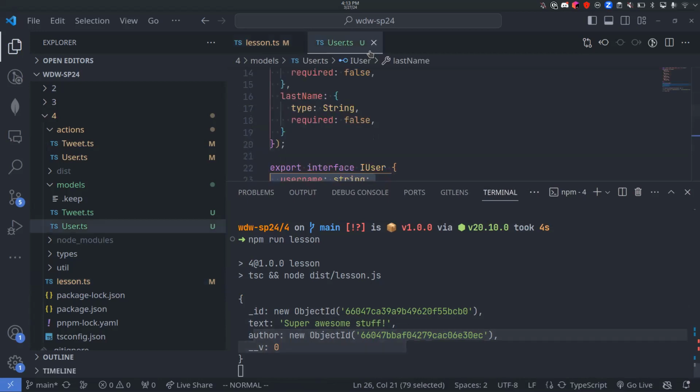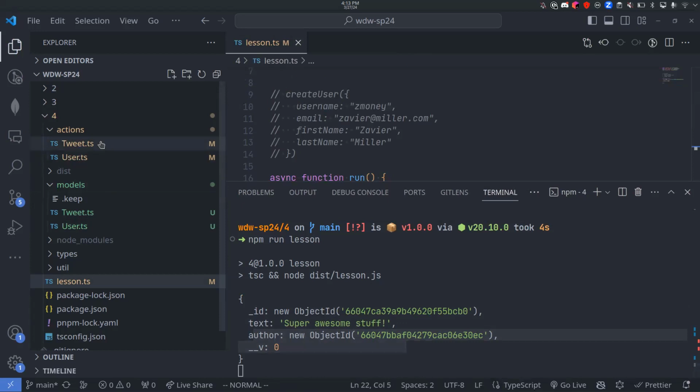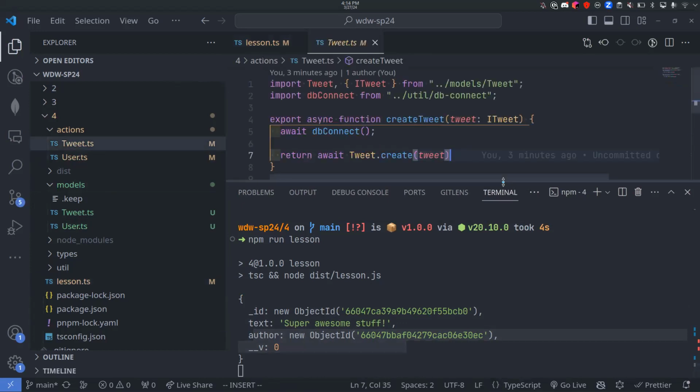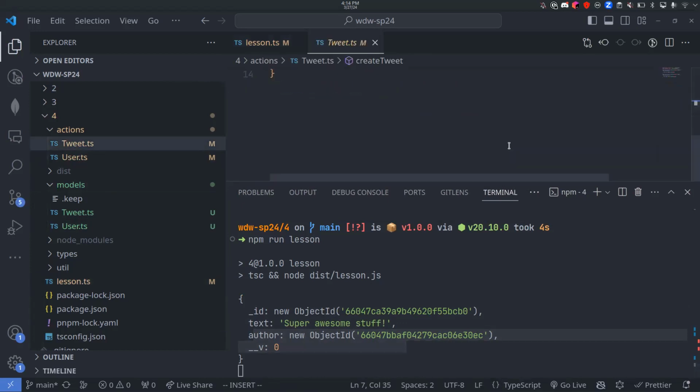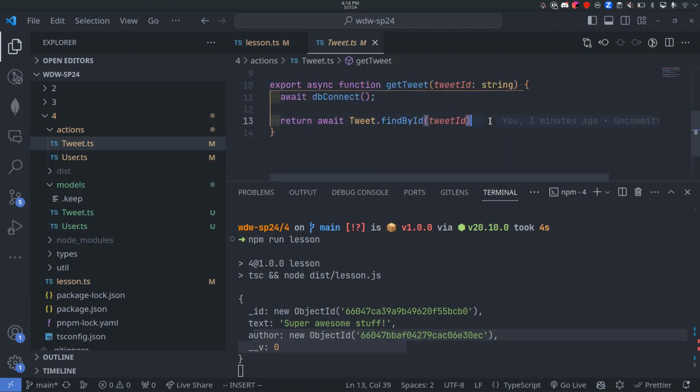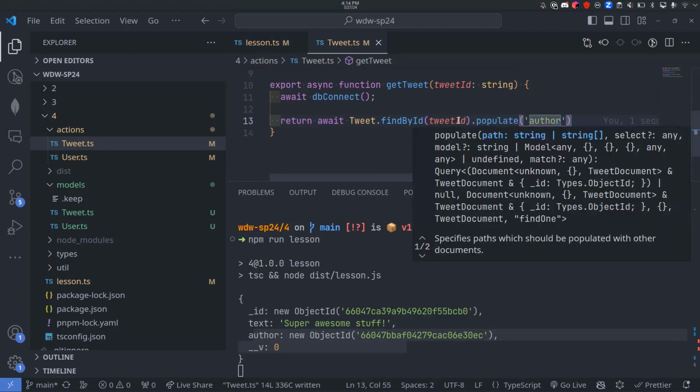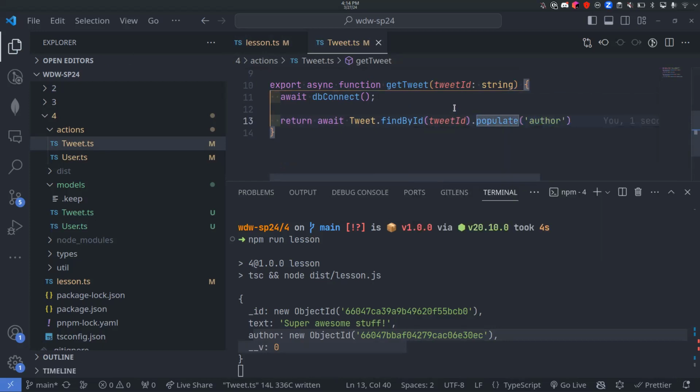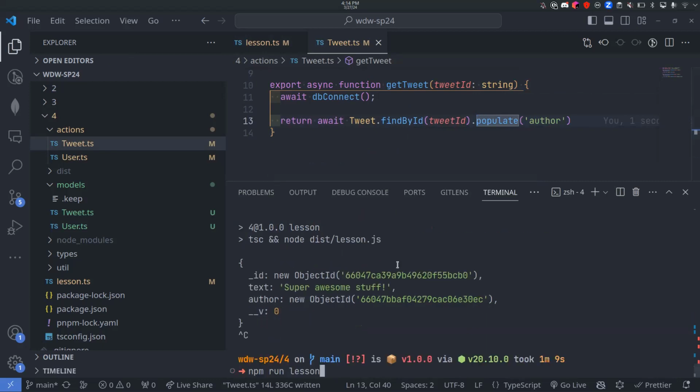If I go back to the tweet action, they have this method that you can call after you do a findById called populate. And then in here, I can say populate author. And so what this is saying is, hey, instead of giving me back an ID for the user that this author represents, I want you to actually go into that user collection, find the user, and then put that in for the author field instead of the ID, right? So if we run this code again,